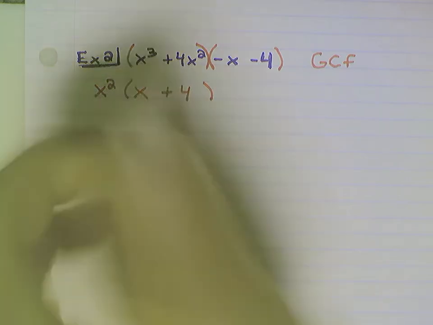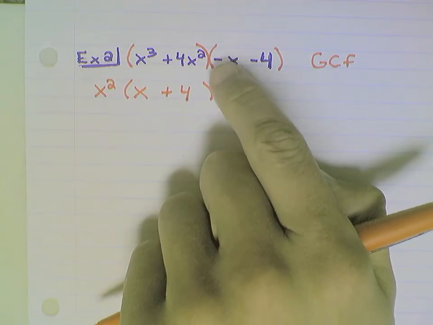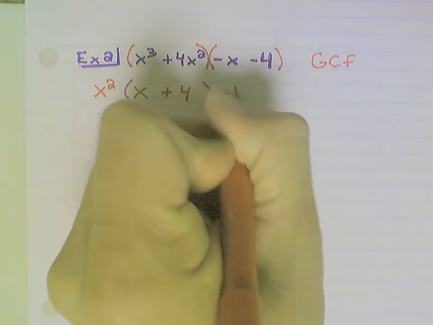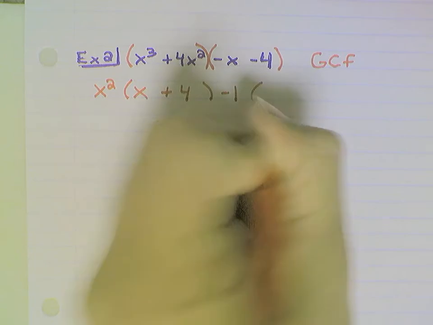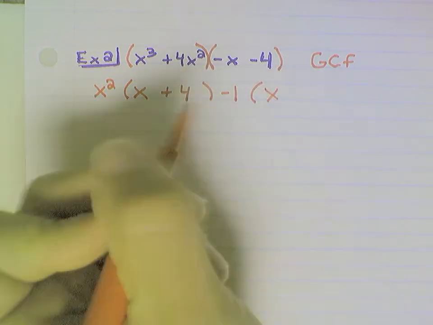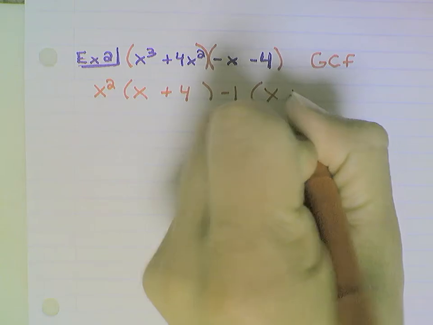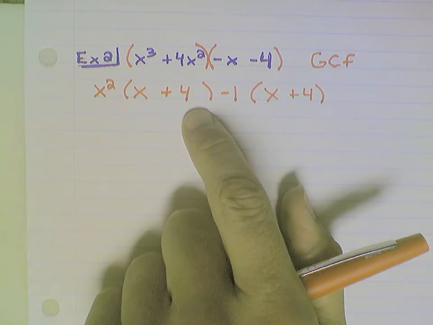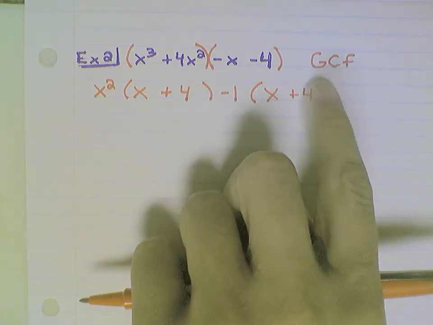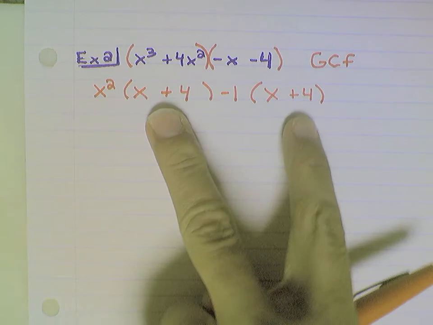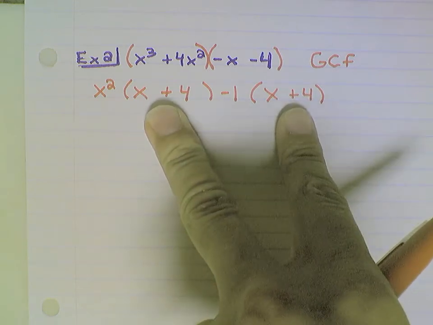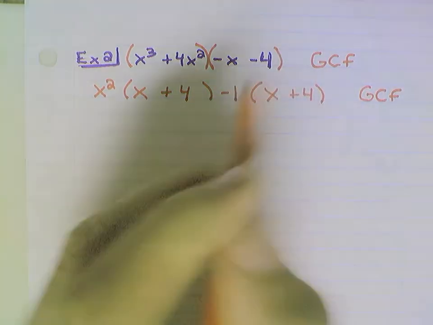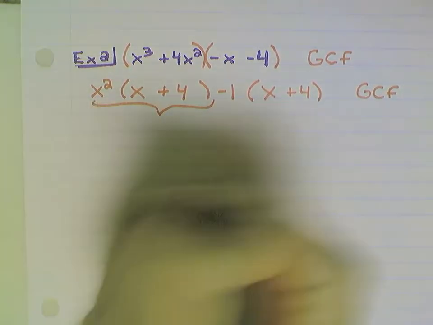And then in this second grouping, I have a negative x and a negative 4. So really the only thing I can divide out of there is a negative 1. If I take out a negative from the x, I'll be left with x. If I take out a negative from the 4, I'll be left with a positive 4. And once again, when you're factoring by grouping and you just got done with the greatest common factor, you should notice that these two parentheses are the same. So we can actually do the greatest common factor step one more time with this term and this term